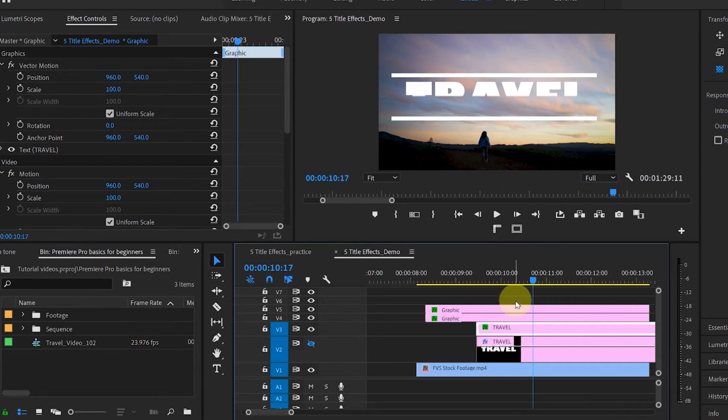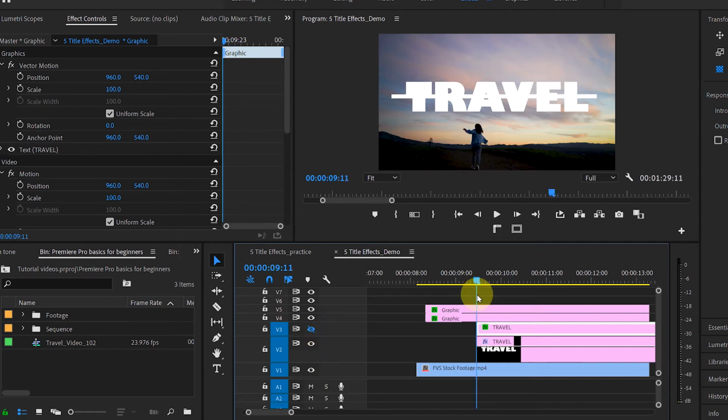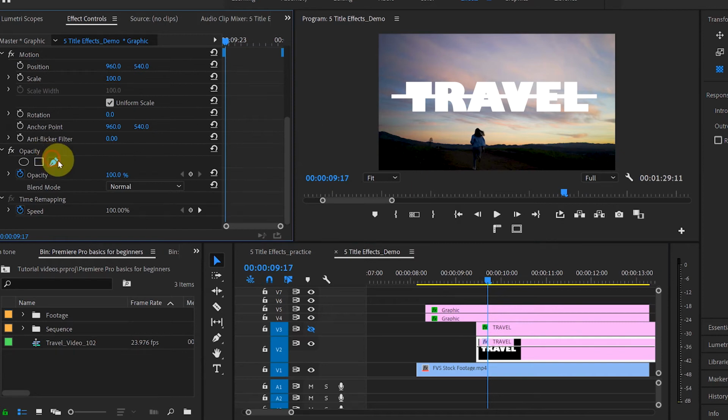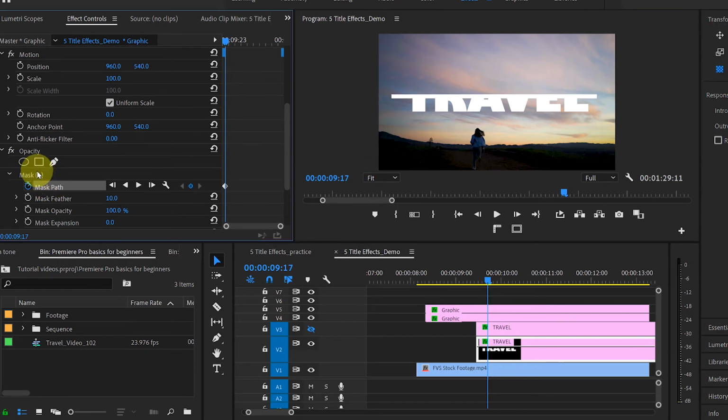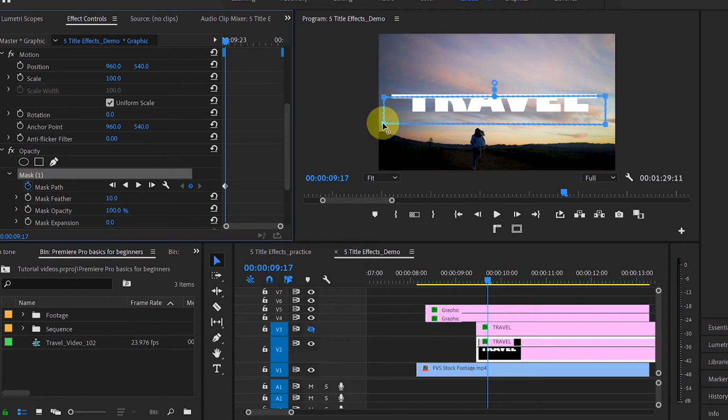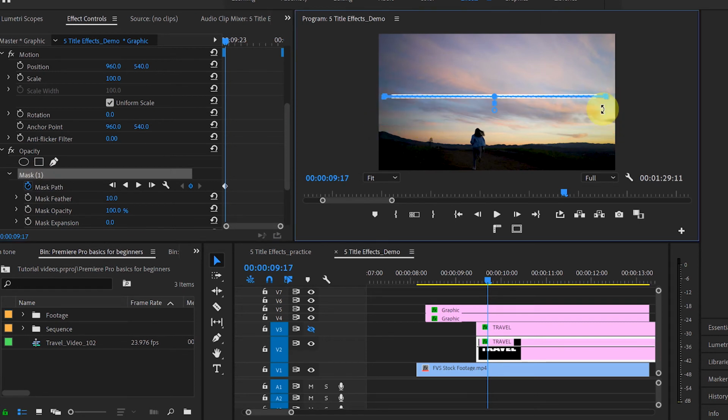Now we will create mask on first text layer. Unhide the first text layer and now hide the second text layer. To get the keyframe's position, select the line layer and go to the first keyframe. Then again select the first text layer and grab the pen tool to create the mask. This time we will cover the bottom part of the text. Create the keyframe for mask path, then click on mask. Then select bottom 2 points and move that line up.